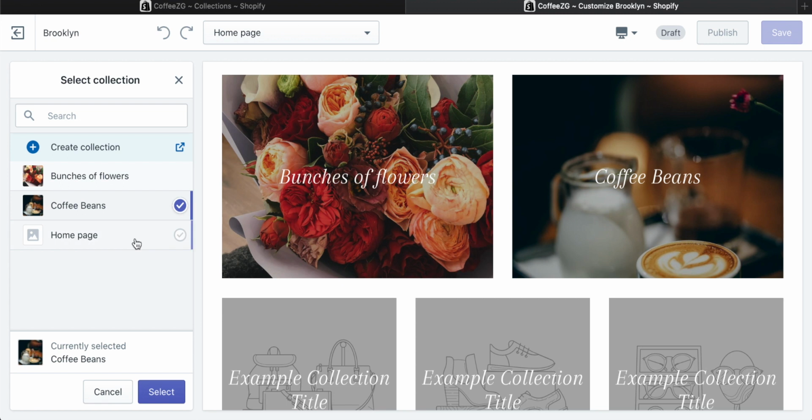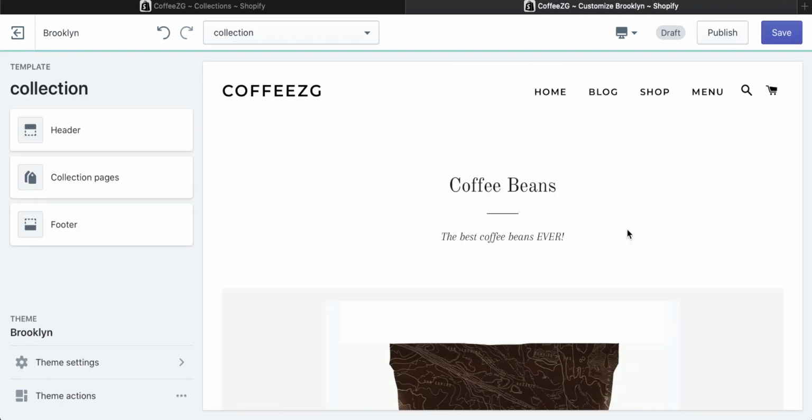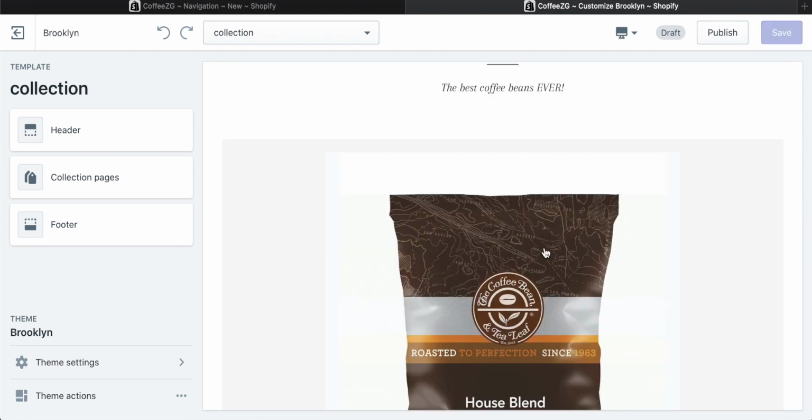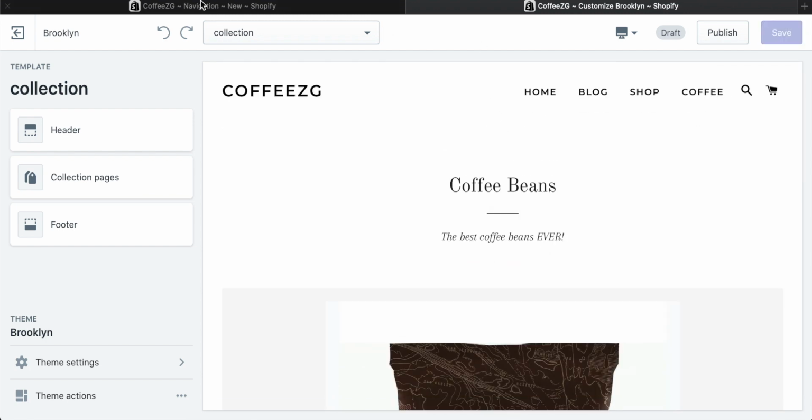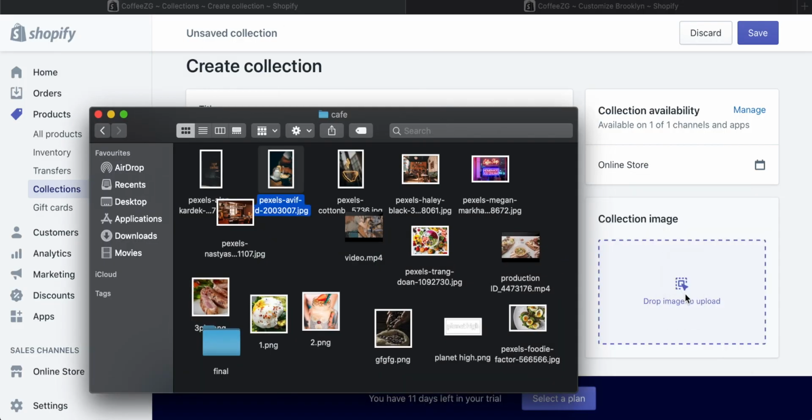Hey guys, in this one, I'm going to go through collections in Shopify. So I'm going to add a new collection in my Shopify dashboard. I'll go through everything, editing it, all the criteria that you can use to create collections. Then I'm going to put that collection into my Shopify website, both on the homepage and also in a menu